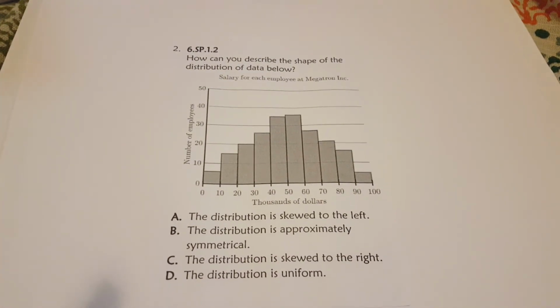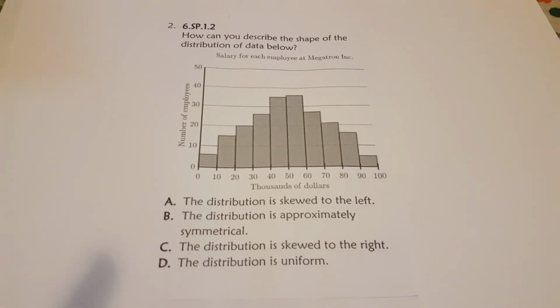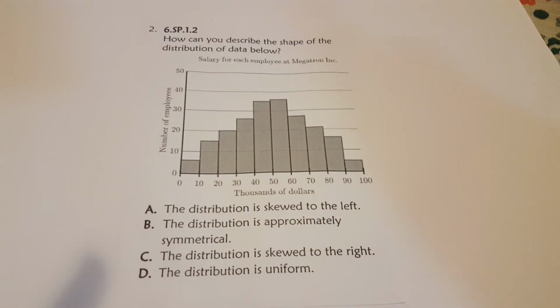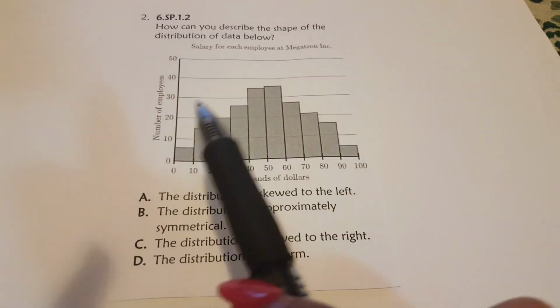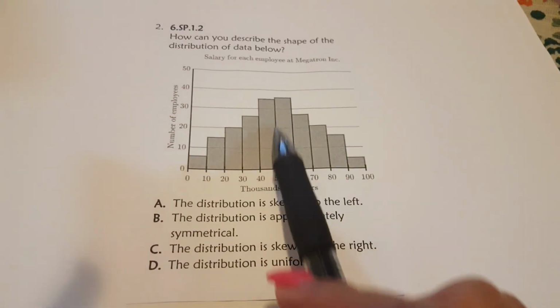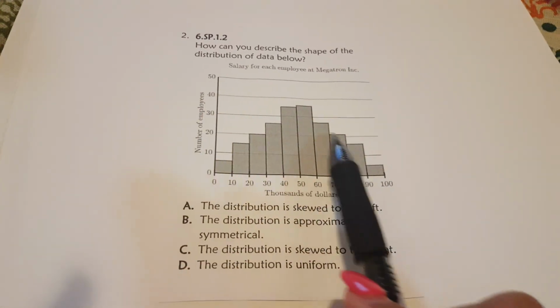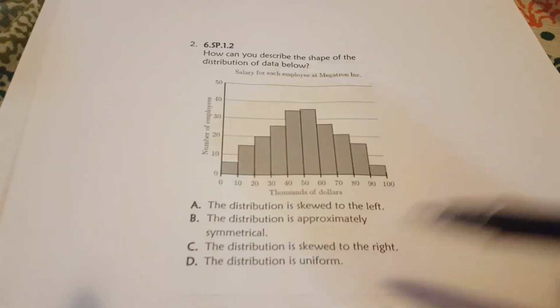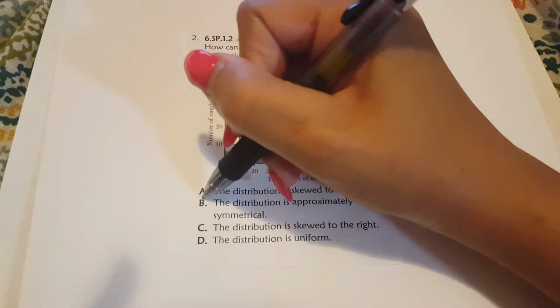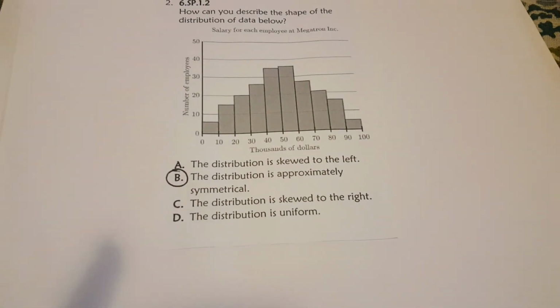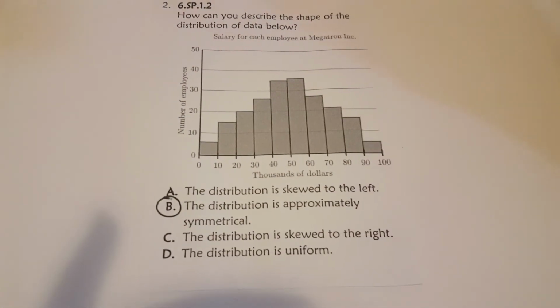Okay, we're going to try this one. How can you describe the shape of the distribution of data below? This is part of your notes, so make sure you're looking at your notes. But if you look at this, it looks like this is your halfway point, and it kind of looks like you have the same amount of data on the left-hand side that you do on the right-hand side. So this would be considered B. The distribution is approximately symmetrical. Once again, if you're trying to answer them before I do,